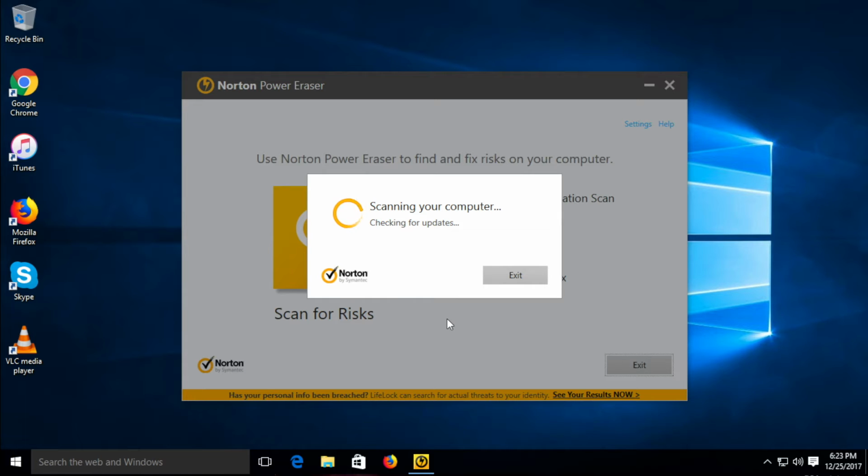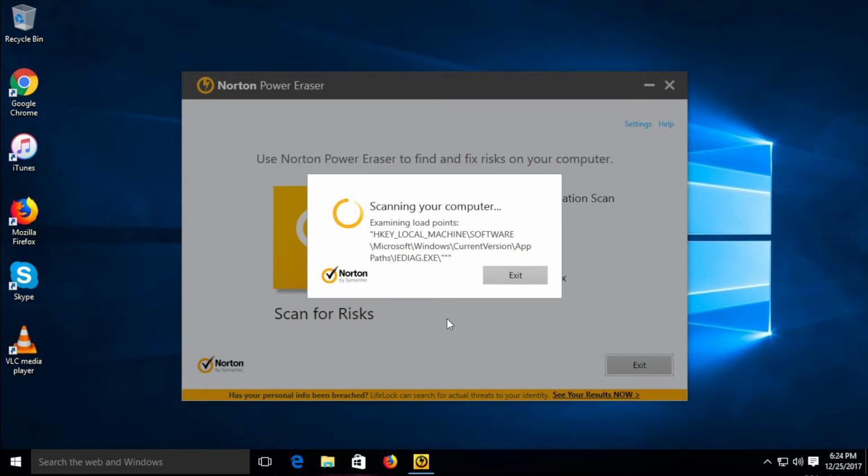Okay, so when it's restarted into this special safe mode of its own, it will just start the scan. This may take a while, depending on the level of infection that you have or the speed of your computer. Because of the strength of the type of software that it uses, it does sometimes get false positives. Like it would find some software that is not malicious and it would mark it as malicious, but you do